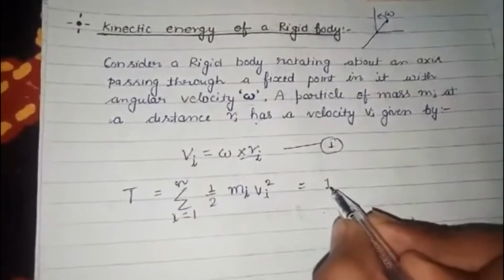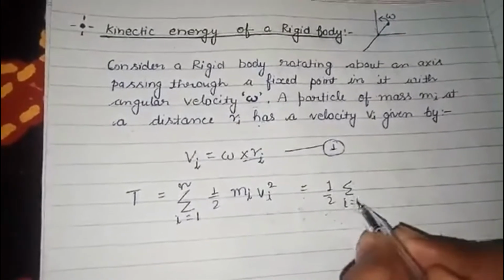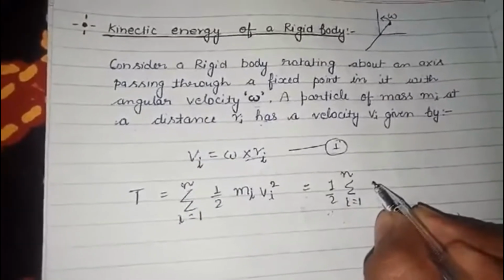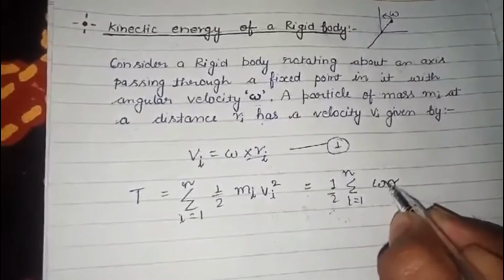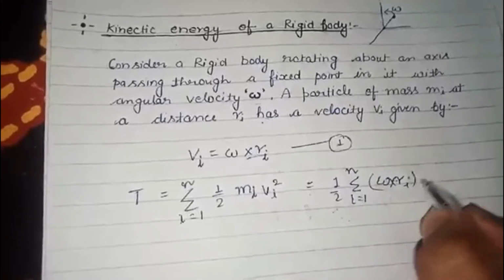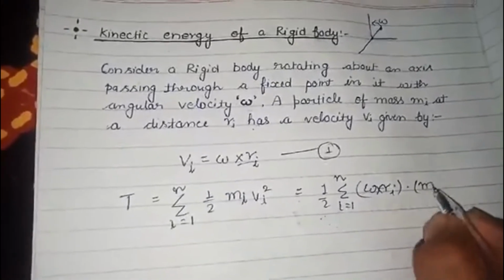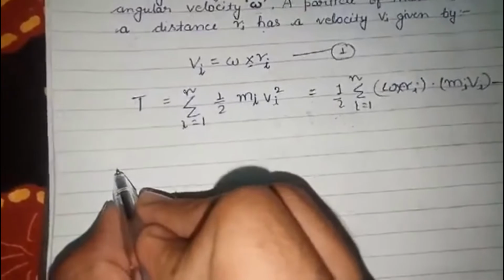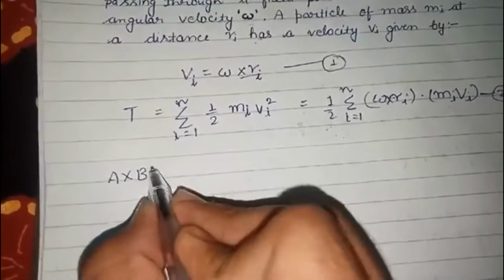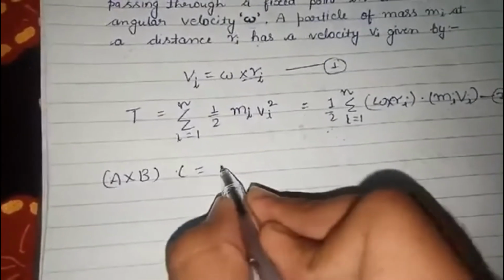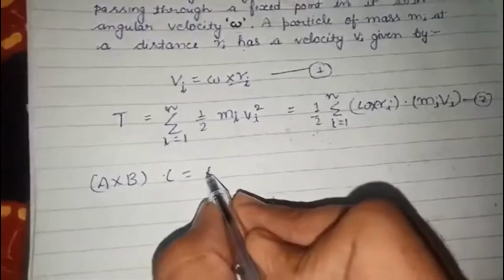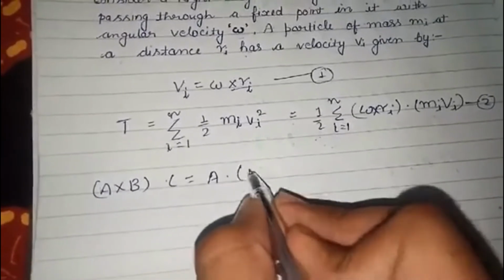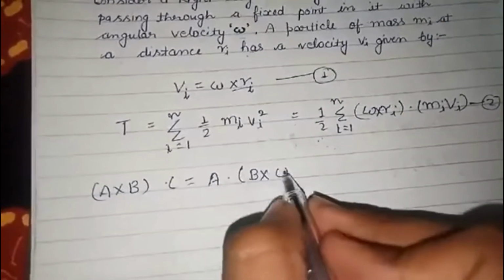ये क्या आ जाएगा, ये हाफ बाहर कांस्टेंट टर्म है, आई इज इक्वल टू 1 to n। एक v को अलग से निकाल दिया है, ओमेगा क्रॉस आर आई डॉट एम आई वी आई, दूसरे वी आई को ऐसे ही रहने दिया है। इसको इक्वेशन नंबर 2 देते हैं। सो अब आप ये फार्मूला जानते हैं, ए क्रॉस बी इंटू सी, ये बहुत कॉमन फार्मूला है। इसका वैल्यू क्या आता है, ए डॉट बी क्रॉस सी, इस फार्मूले का हम यूज़ करेंगे अब।